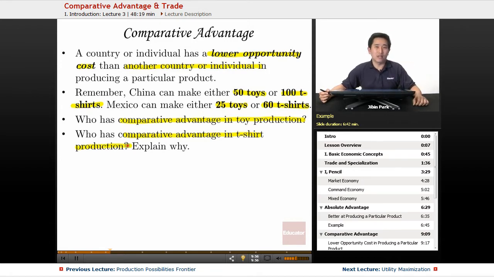Let's go ahead and call that student Jeremy. So Jeremy plays basketball on the high school basketball team at Los Altos, and you have Kobe Bryant. So who has absolute advantage? Again, the student, Jeremy, would probably say Kobe Bryant. But comparative advantage actually would probably be Jeremy, because if Jeremy is a student at Los Altos High School and